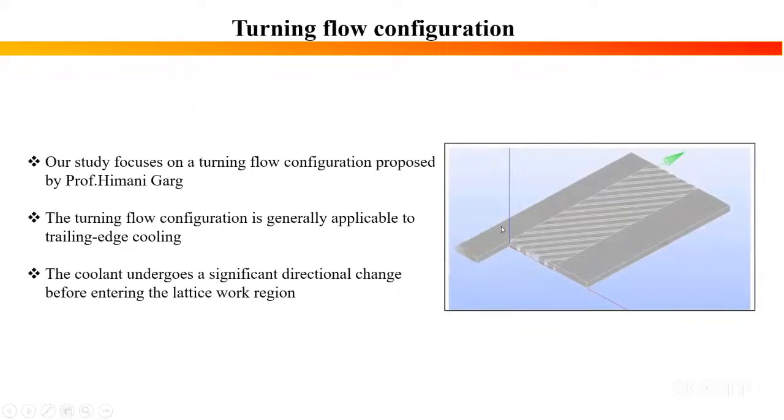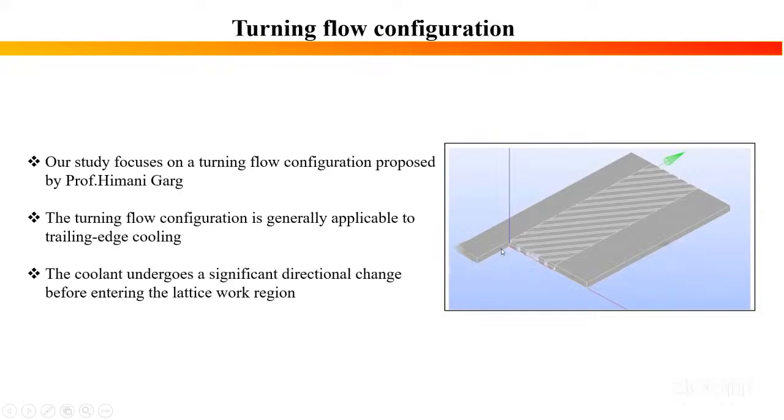So now we are moving towards the turning flow configuration. This geometry is proposed by Professor Himani, and it is used for a trailing edge cooling application. This is the inlet, and these are our ribs that we have discussed earlier. When fluid enters from this inlet, it undergoes significant directional changes